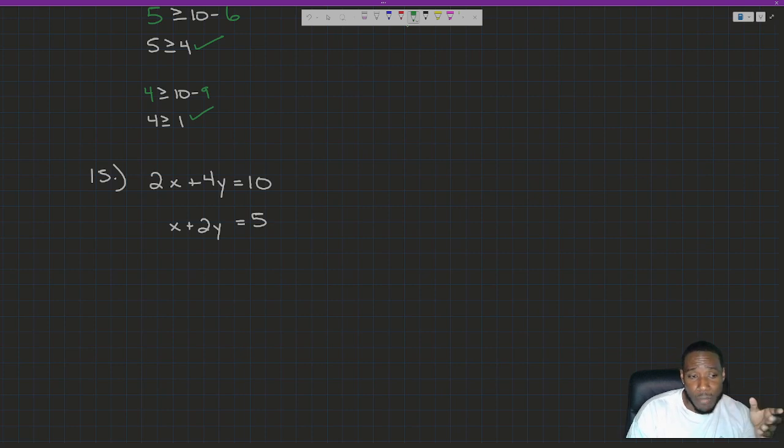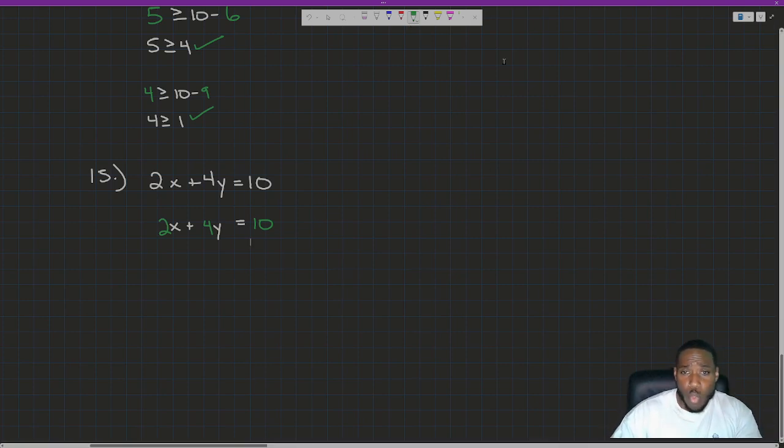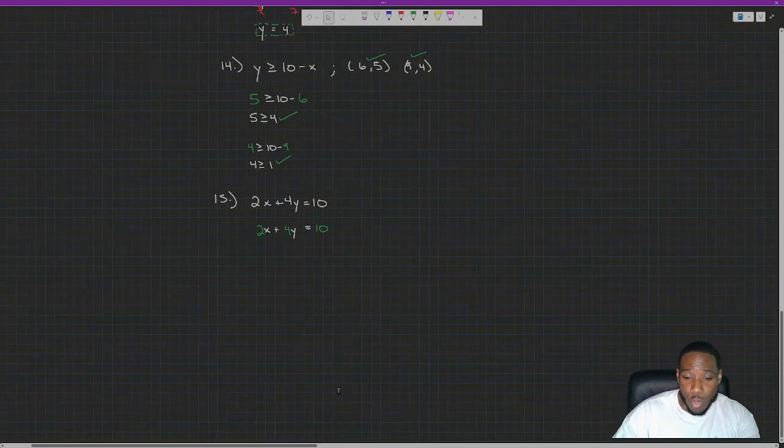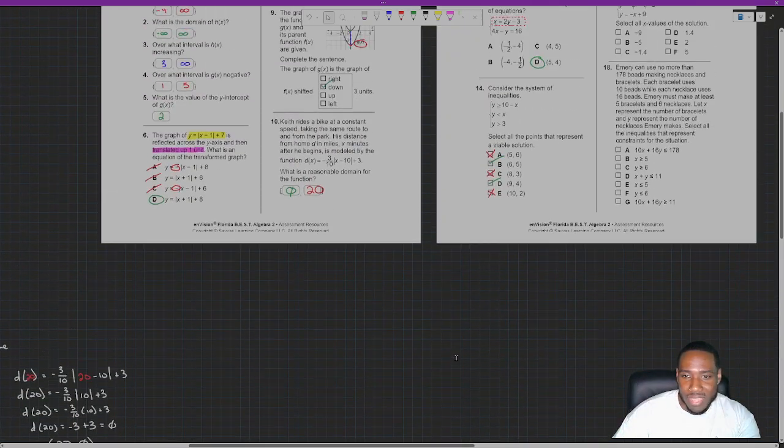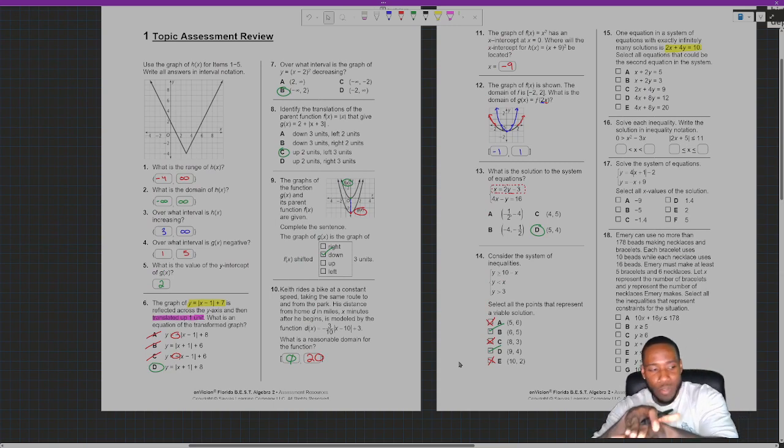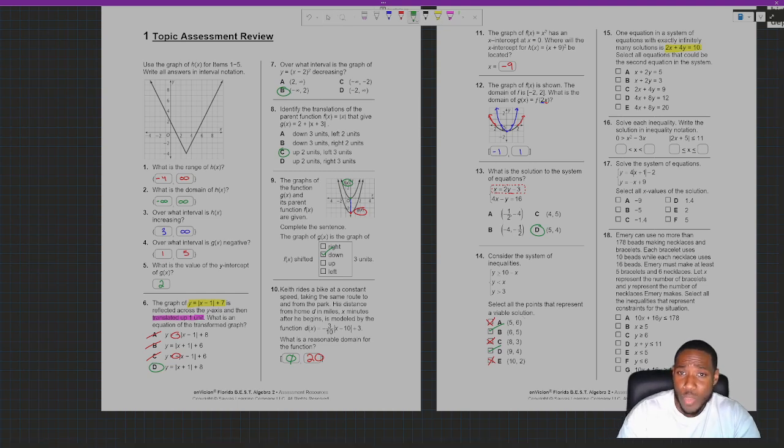Or you could think of it as the top one is the bottom one multiplied by 2. If I multiply everything in here by 2, x becomes 2x, y becomes 4y, and 5 becomes 10. And so what that means is both of these equations are equivalent because we can make them either divide out or multiply out to be the same equation. Okay? So these are equivalent equations. And if they're equivalent equations, if we were to graph them, we would have infinitely many solutions because, again, they're constantly overlapping. They're the same line. So we would